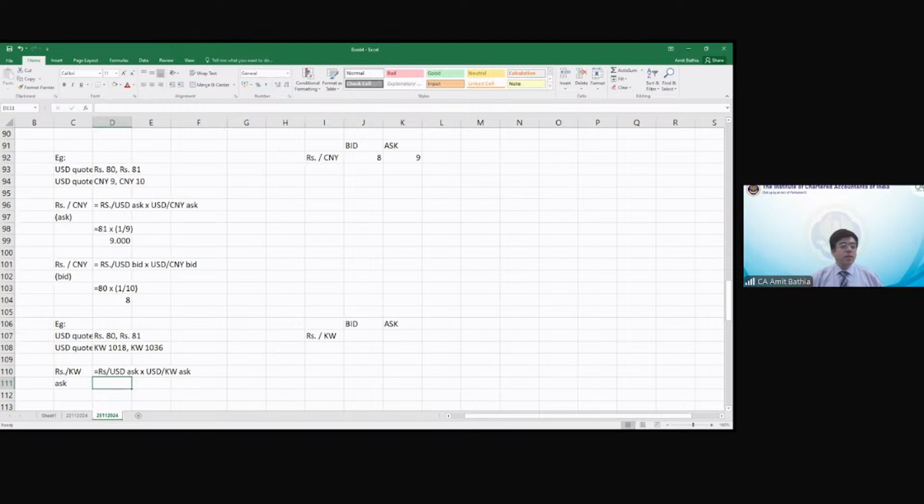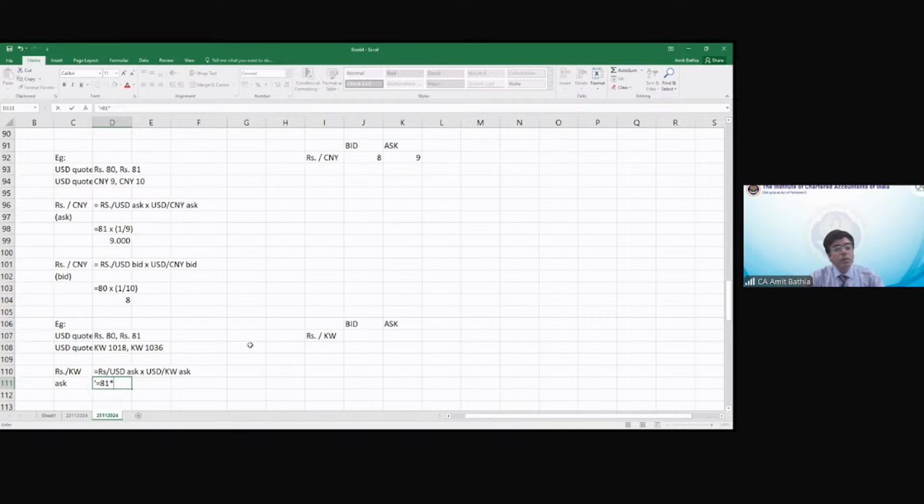Now the quote which is available is Korean won to USD, right? So USD to Korean won is not available. So I need to inverse the quote. Rupees per USD ask is available to me. Rupees per USD's ask is 81